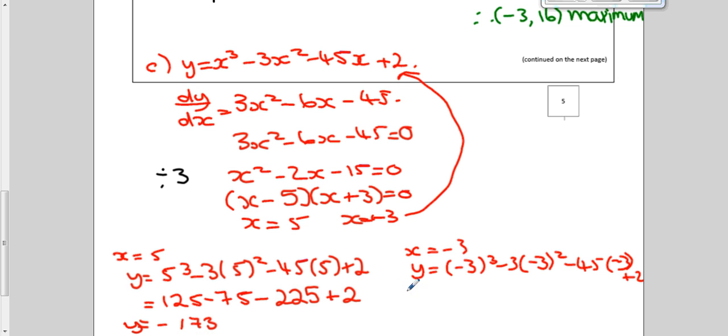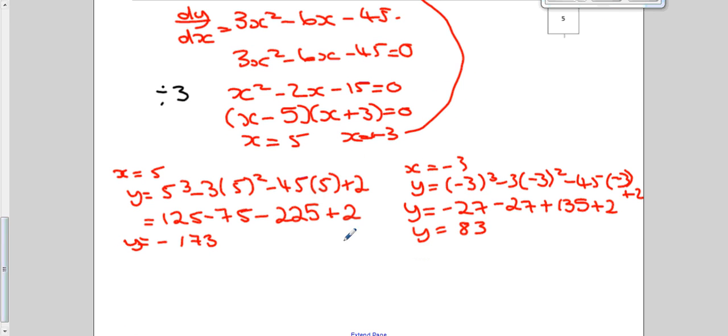So that gives me y equals minus 27 plus 135 plus 2, and that comes out with a y value of 83. So we have the coordinates for each of our stationary points, but we don't know which one's